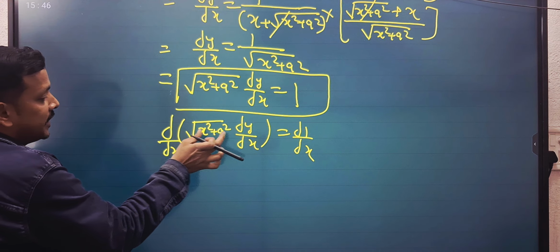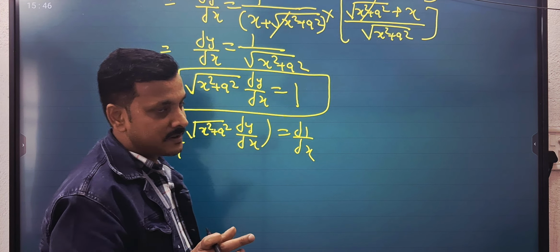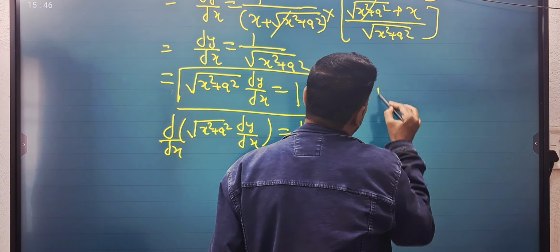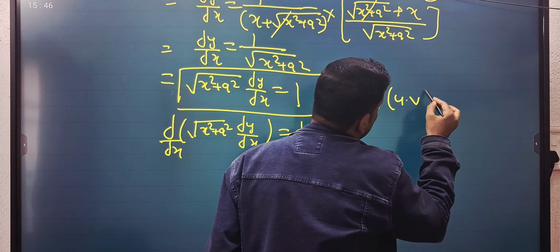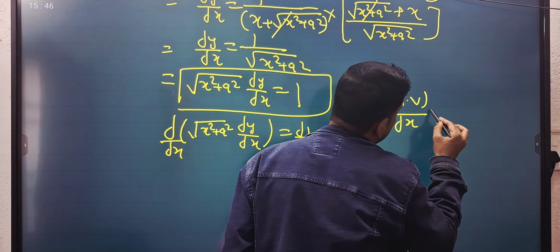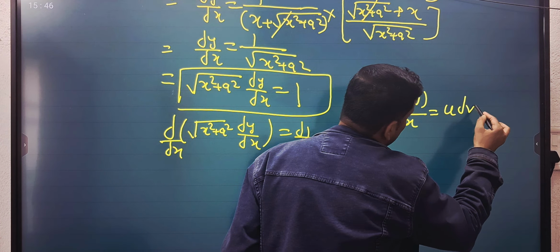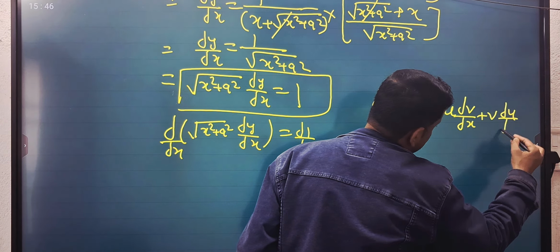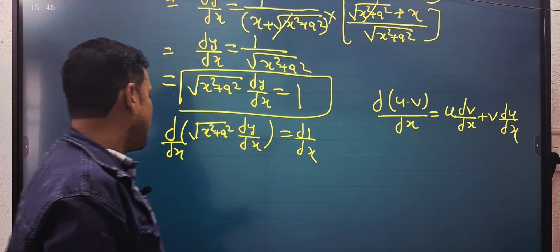Here is u into v, two functions. When two functions are given in product form, then you have to use one formula, d of uv, you know that, d of uv equals u dv by dx plus v du by dx. By this formula,